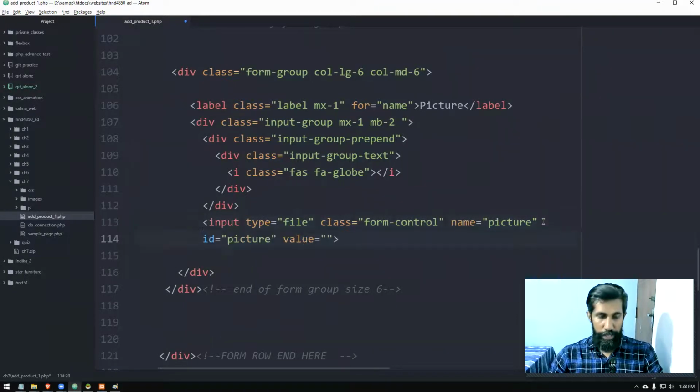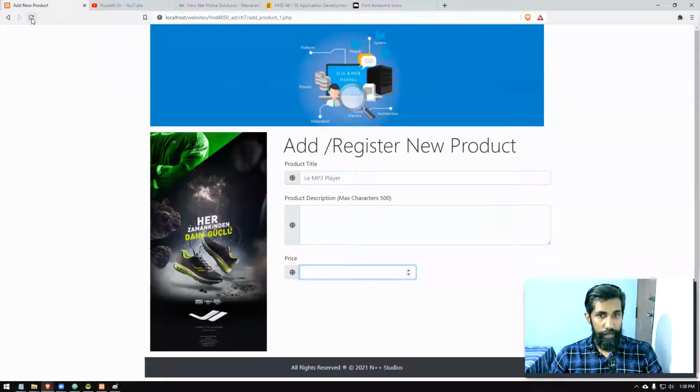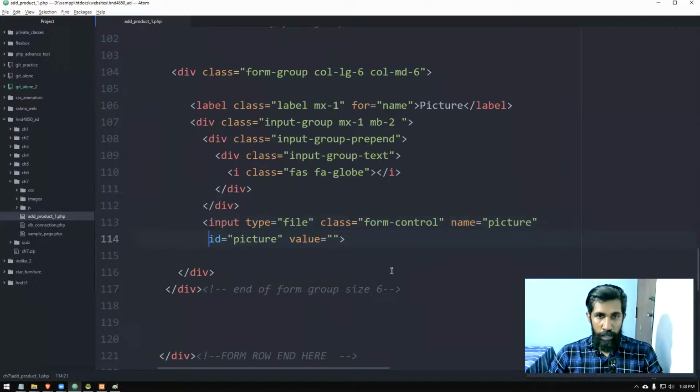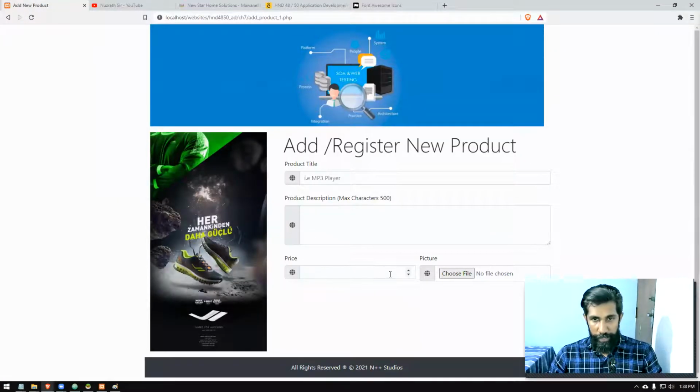ID. Again, I can give picture. So we'll take this one here, right? ID, picture. So once you reload this, your web page looks something like this. It's a little bit taller. We can fix that anyways, right? So input type file and it goes like that. I think we have to work with the margin of this one, then we can fix it. Now I don't have time to do that one, right? So once the class finishes, if possible, I'll retouch this. So my form is almost ready.